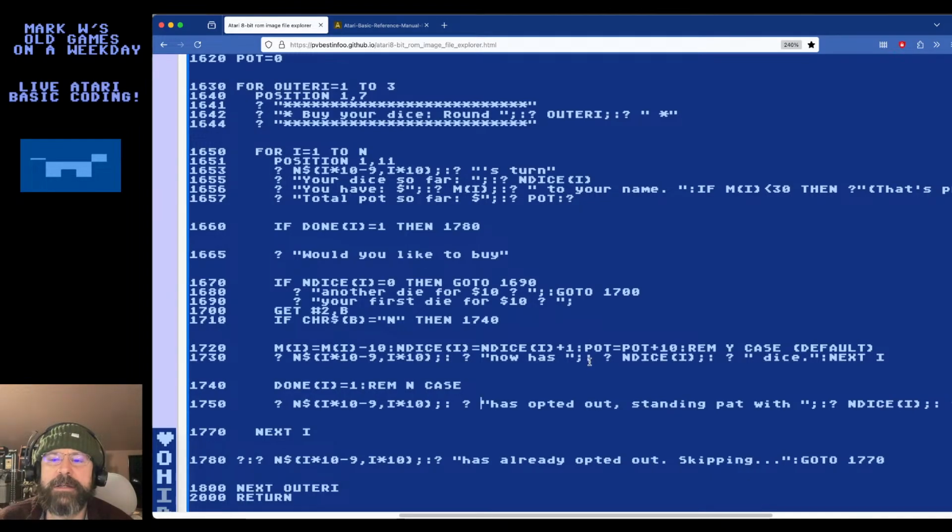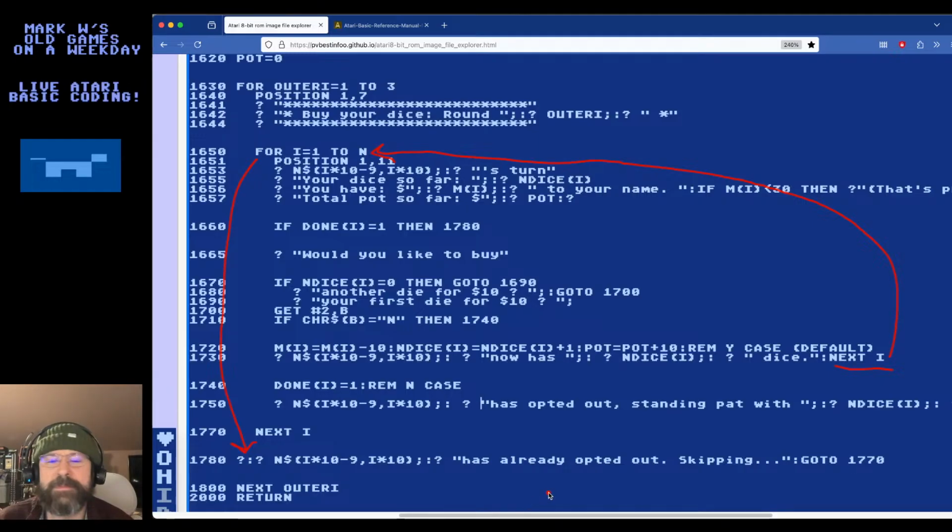Next I. Oh, you know what? Maybe this might have to do with a fundamental misunderstanding of the for loop flow control in Atari BASIC. So let me show you what I was assuming happens. I go next I, goes back up here. What I was assuming is if it's reached the last iteration, right, so now I is beyond n, it says, oh, we're done with this loop. I was assuming that means it's going to go after the loop.